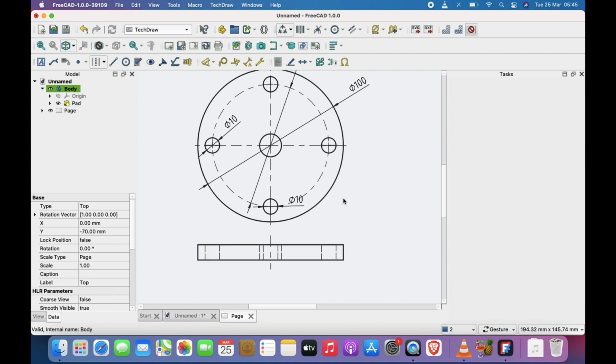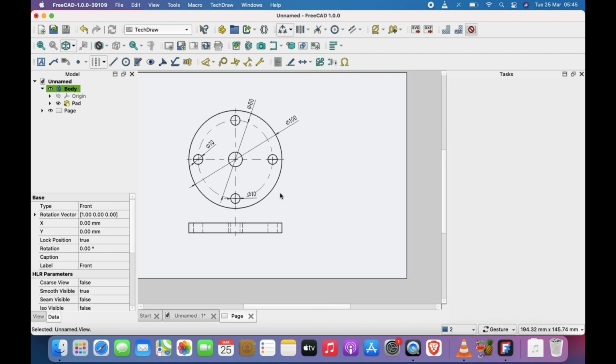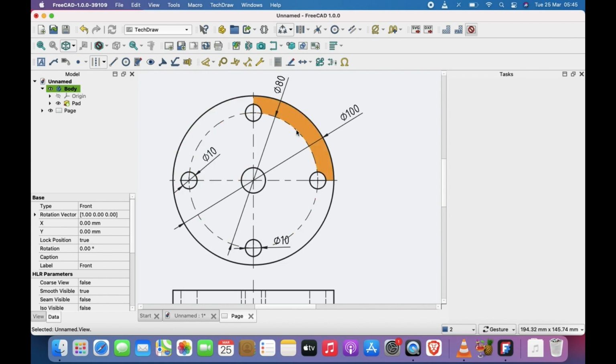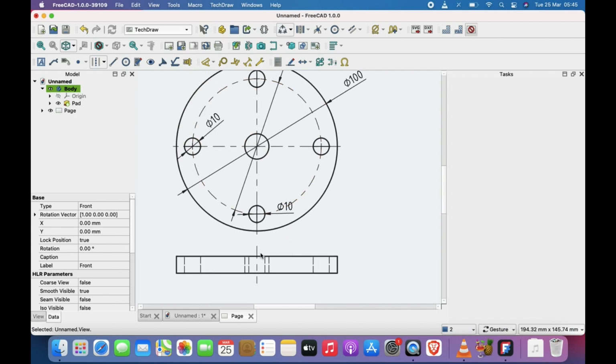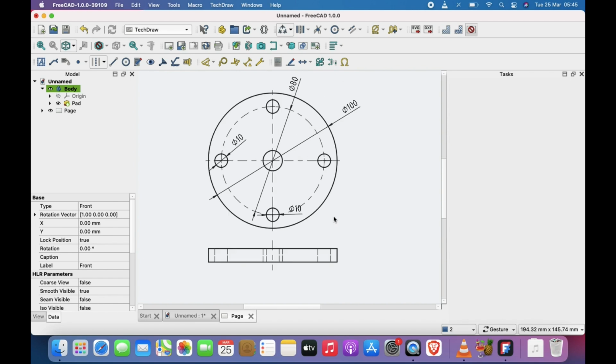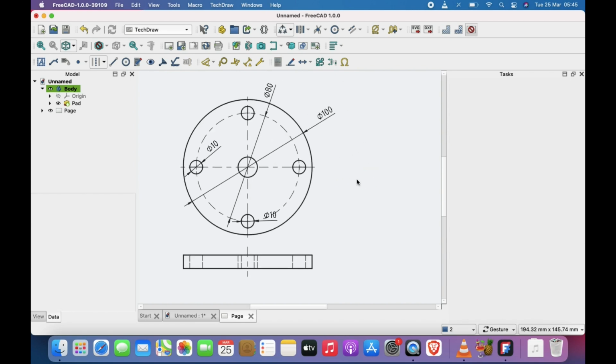And I guess that brings me to a reasonable point in this video. So you now understand how to add these center lines here and this center line here. So that is really how you dimension circular features. I think we have covered